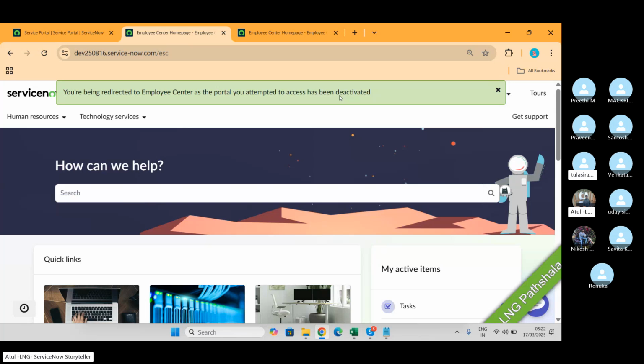Once again, Atul. So while I'm trying to open that /SP portal, it directly redirects to ESC. Correct. So that means we don't have access to that old previous version, or do we need to downgrade ourselves to the older versions to get that one? So do we need to delete, right? It doesn't show up the service portal as it is deactivated now. And I don't want to show a user the error, this portal does not exist. So I'm redirecting to the other portal.